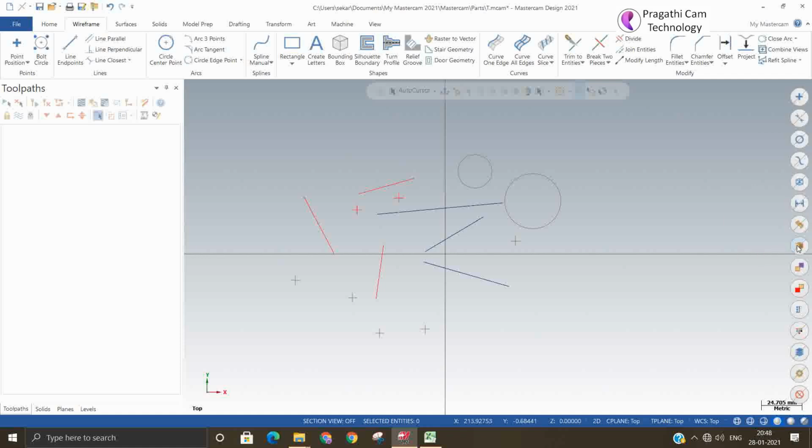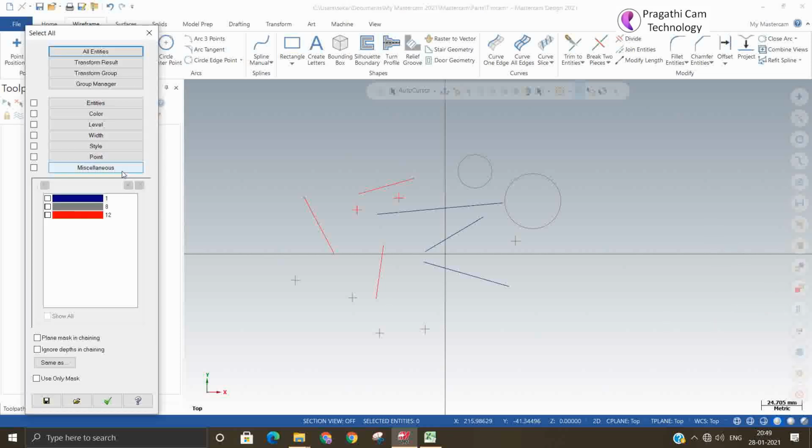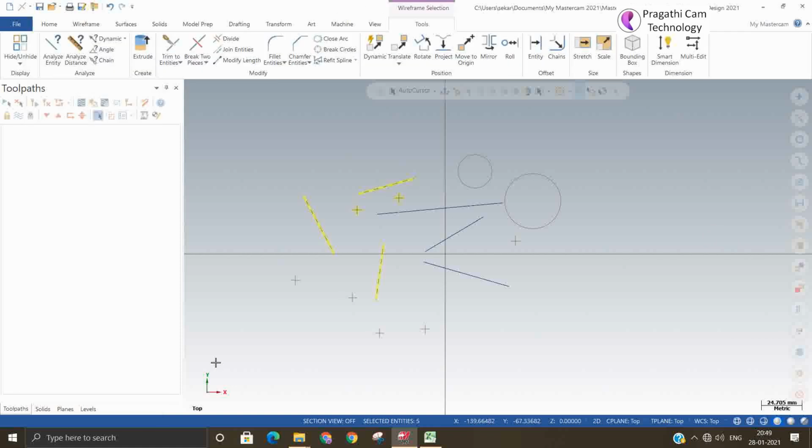So you can select all dimension lines, all surfaces, all solids, all resultant entities. Resultant means something you have copied or translated. You can even select by color. Which color do you want? Red, all red colors.